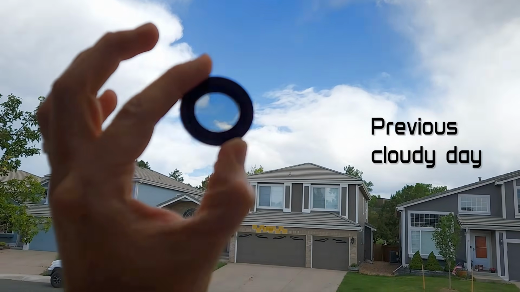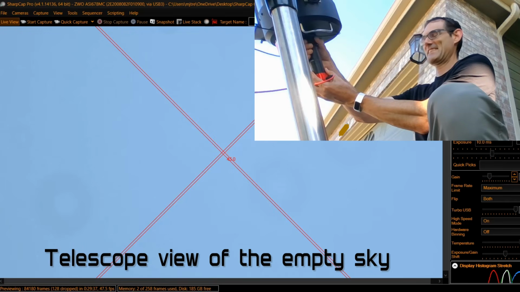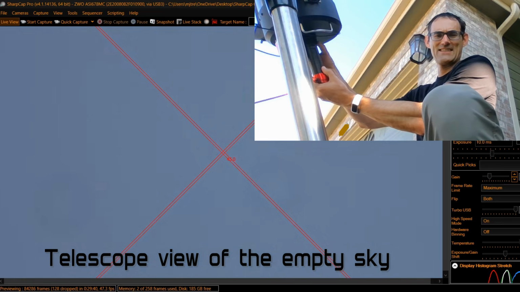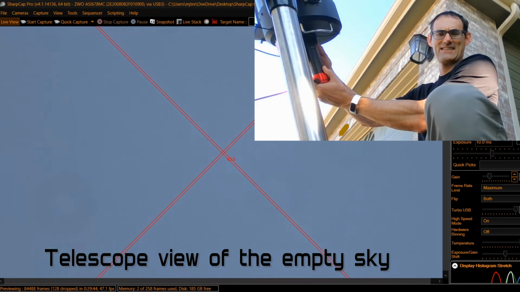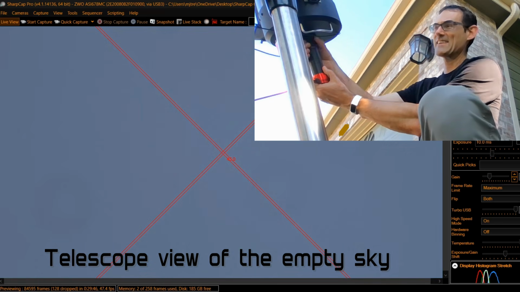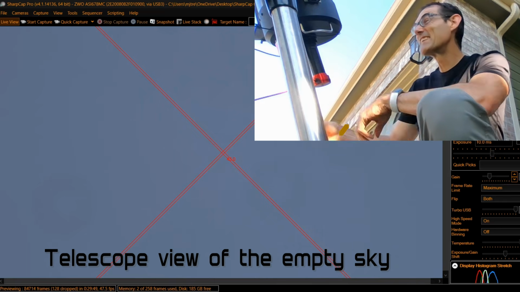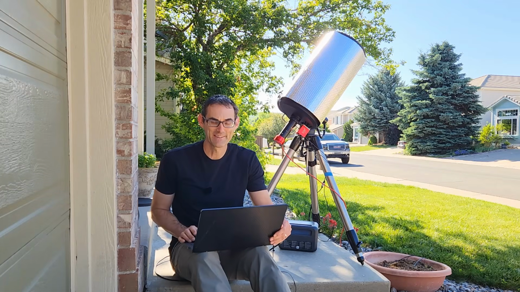I'm using a polarizing filter, and I want to show you what that does. As I rotate my camera and thus the filter, it darkens or lightens the sky. And for daytime astrophotography, I find that spot that makes the sky as dark as possible, and that's where I lock in my camera. All right, I'm gonna hide a bit in the shade here, and Saturn is already looking